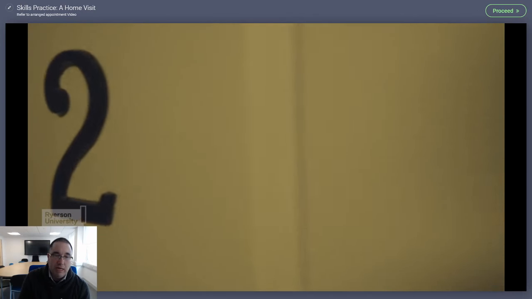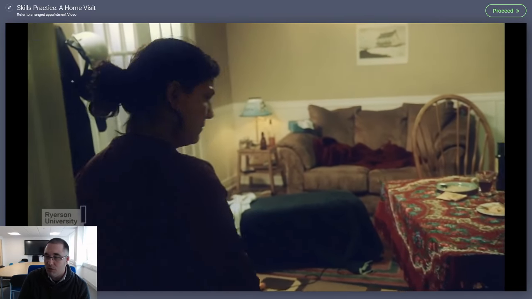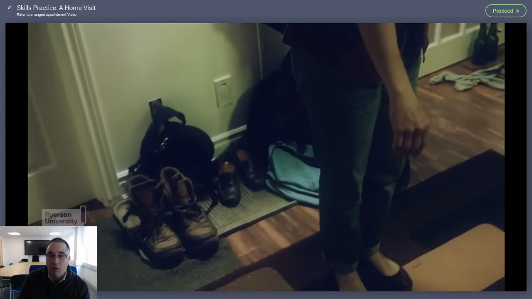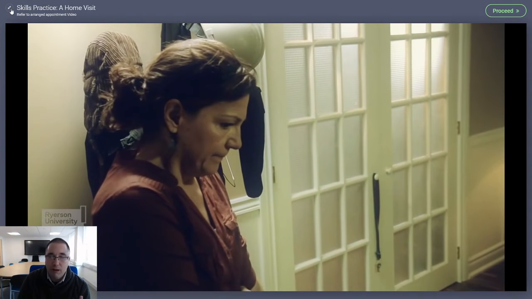What it will do is move you on in the story. And in this case, if you're incorrect, what it will do is essentially tell you that. So you can't go too far down the wrong path. But it's a really good way of sort of engaging